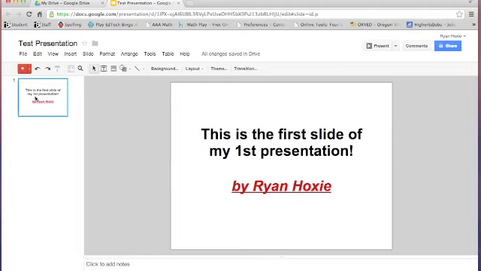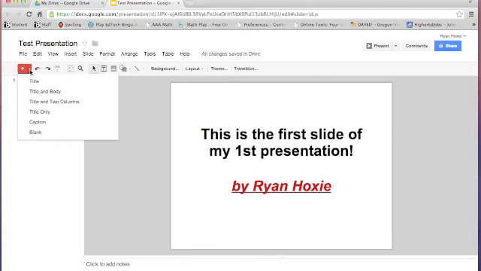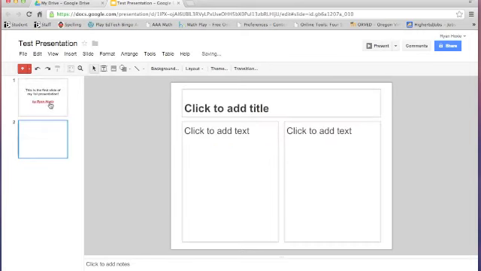I would rather go ahead and click right next to that plus sign, which is also a part of the new slide, but it's going to allow me to choose which layout I would like. With my kids, I find myself using title and 2 columns more often than not. And the reason I find myself using that is, let me go ahead and click and create the slide. With my presentations or with my assignments that I have with my kids, I assign them